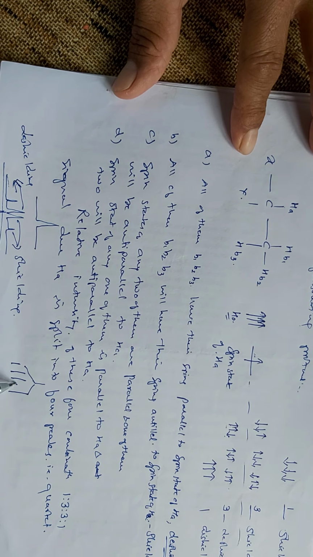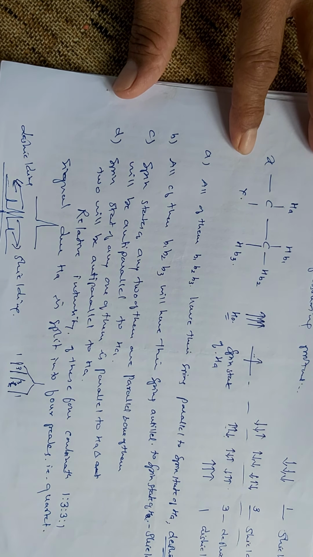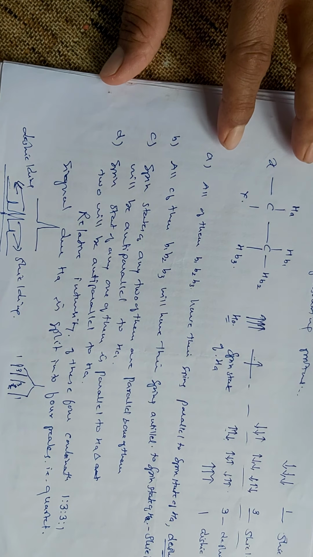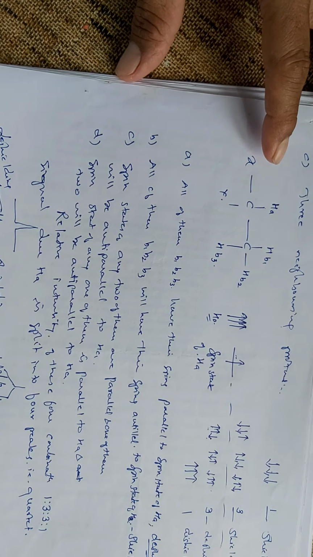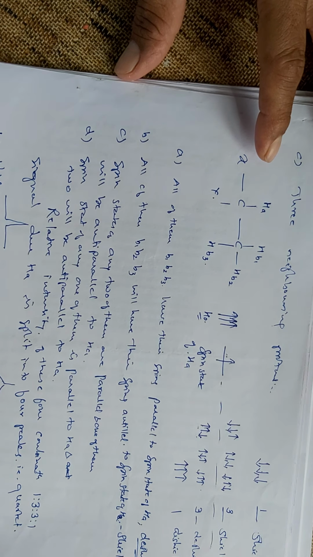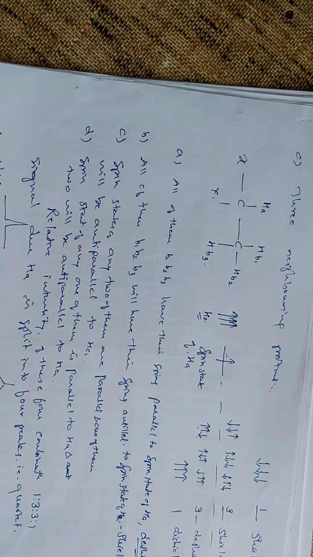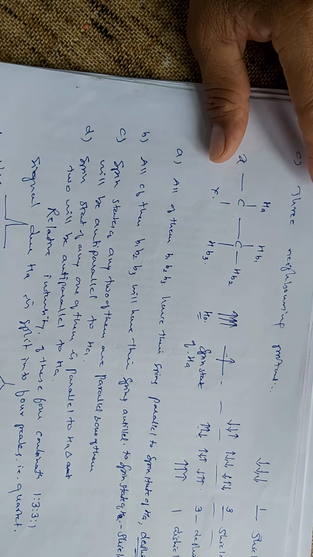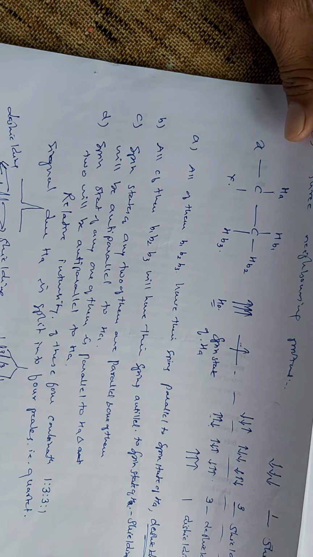So here you'll get 1 is to 3 is to 3 is to 1. And in this way the spin coupling is reciprocal, that is HA couples with HB, B2, B3. In these three, the coupling with HA will split the signal into four lines, that is the quartet.